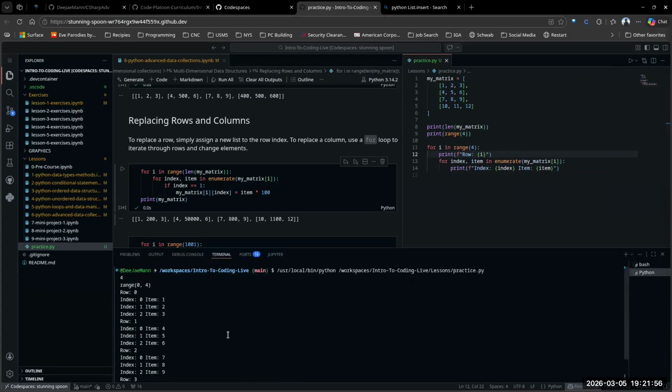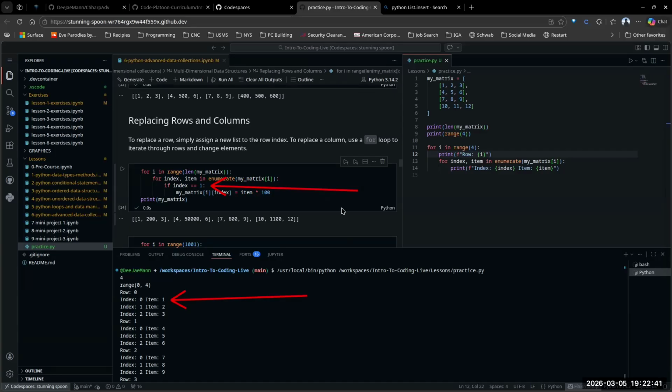There we go. All right, so now we see how we're entering into row 0. And now we see our first time through, our index is 0, and that index comes from this enumerate. The item is where it's pulling the actual my matrix, and we get the actual value 1. You see that right here? Because in this particular instance, we need the index number and we need the item, because we want to multiply the item that matches our criteria here,